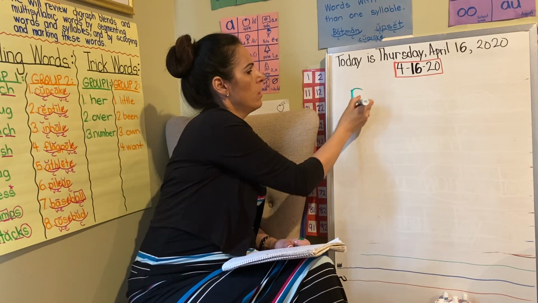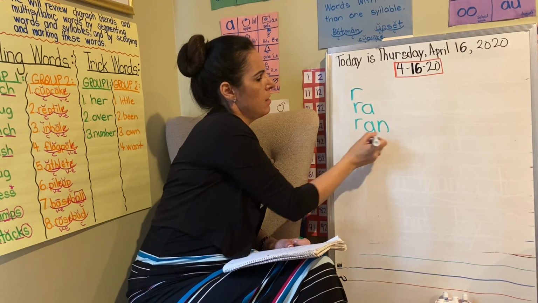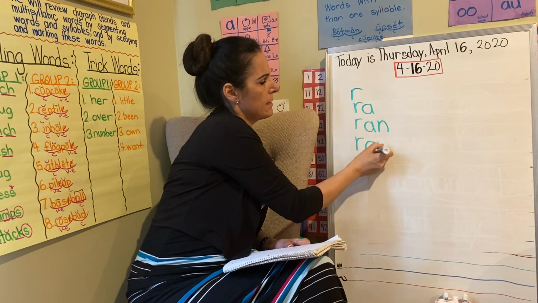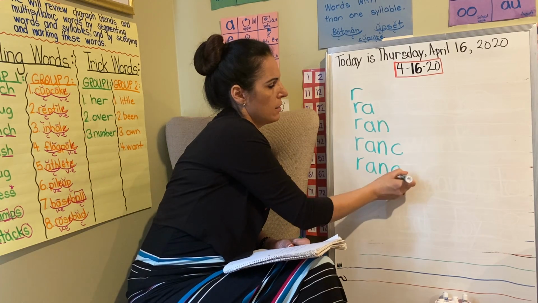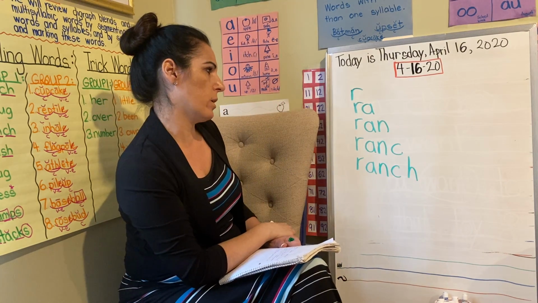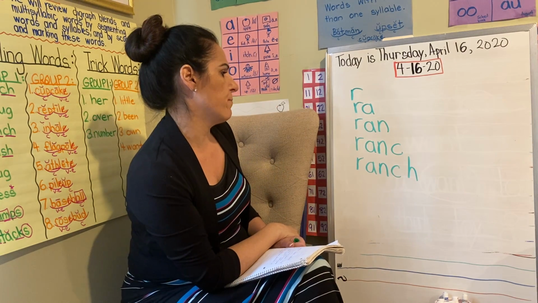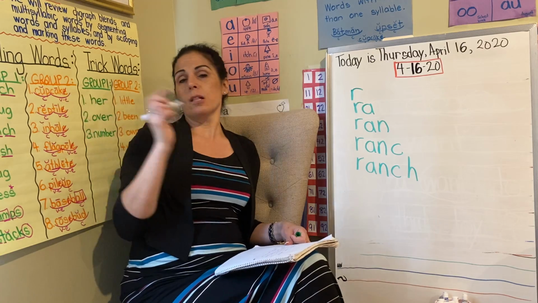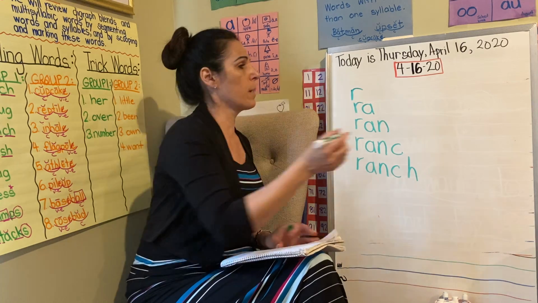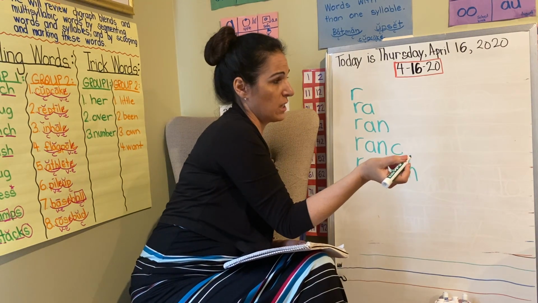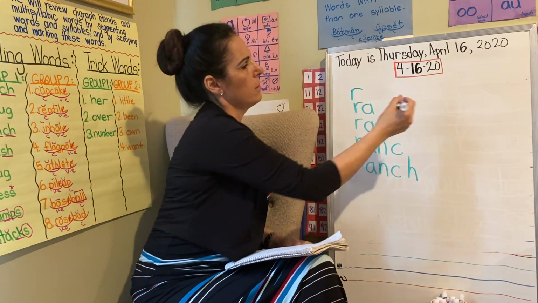So r, a, n, c, h. And that is a pyramid word. See, it kind of gets bigger and bigger because we're adding one letter at a time. The multisyllabic words are going to be a huge pyramid. So let's do one. Let's do cupcake. Maybe I should write it a little smaller. And let's use a different color also. Let's use blue. So cupcake would be